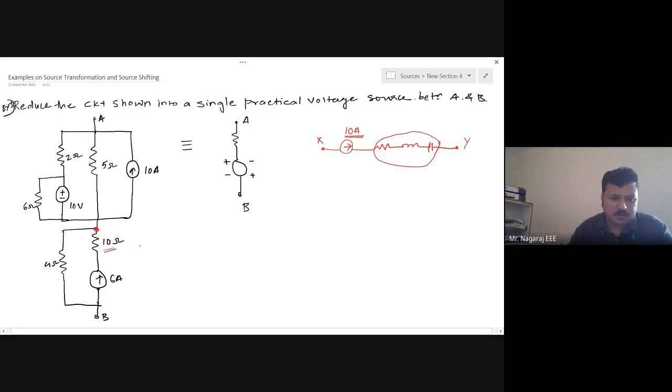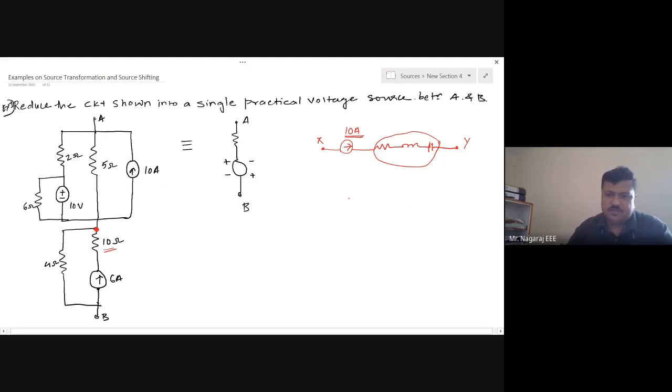Even if I take out this 10 ohm from the circuit, this node will receive 6 amperes from this source or this branch. So whether I keep this 10 ohm or don't keep this 10 ohm for my simplification, it doesn't matter. So this 10 ohm is redundant in this circuit for my simplification. This is one case. Second case is that